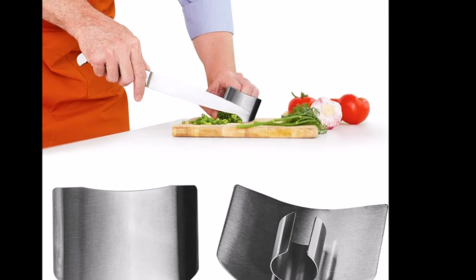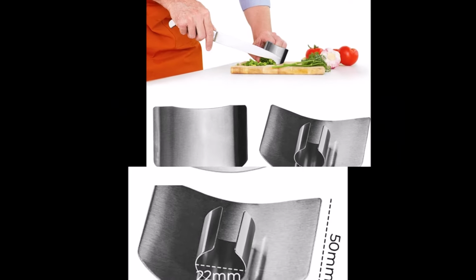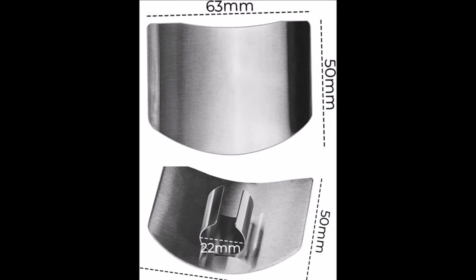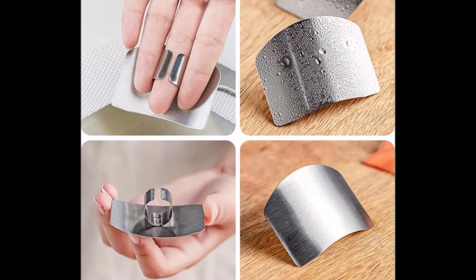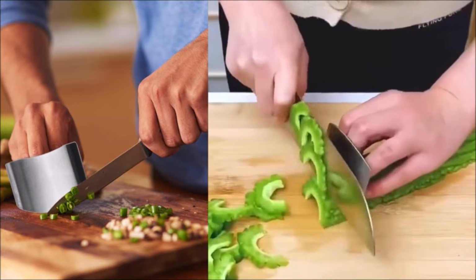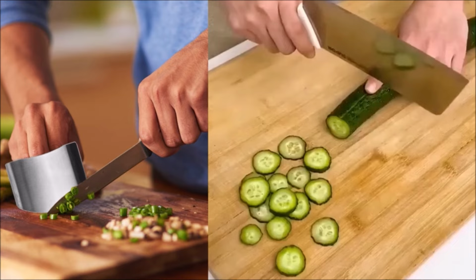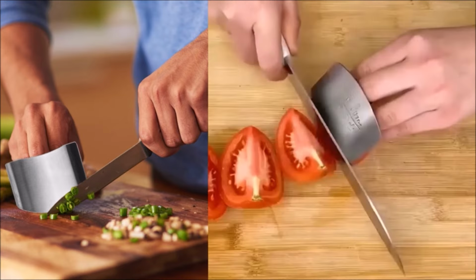Number 9. The stainless steel finger guard is a crucial tool for ensuring safety while slicing, dicing, chopping, and cutting food items in the kitchen. Crafted from premium stainless steel, this finger guard is durable, adjustable, and ergonomically designed to provide maximum protection for your fingers during food preparation. Its open-loop design makes it suitable for both left and right-handed users, offering a versatile fit for most finger sizes. The ring can be easily shaped to accommodate various finger sizes, ensuring a comfortable and secure